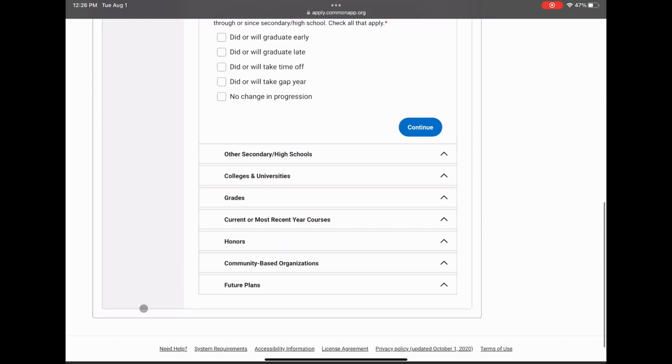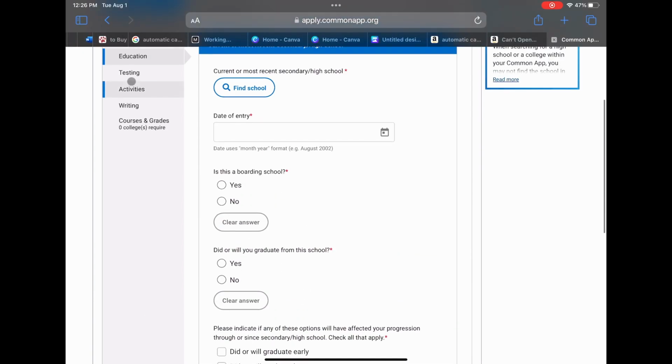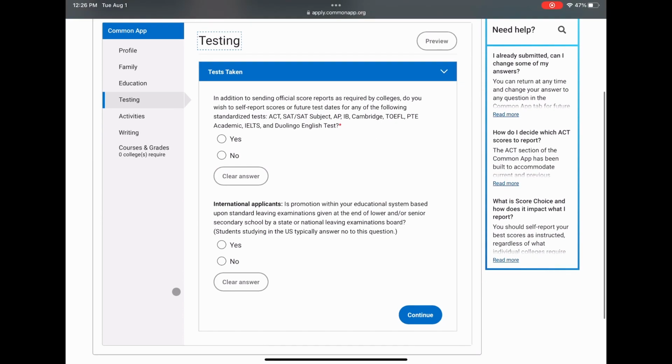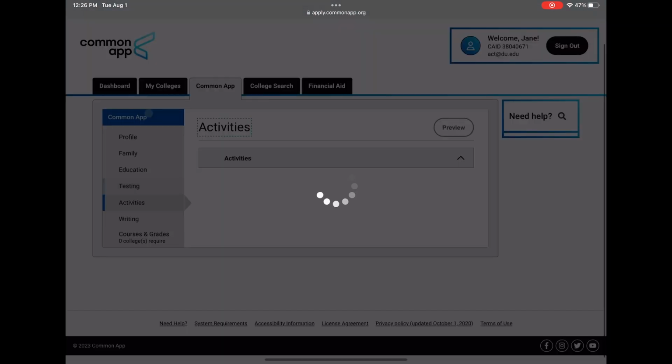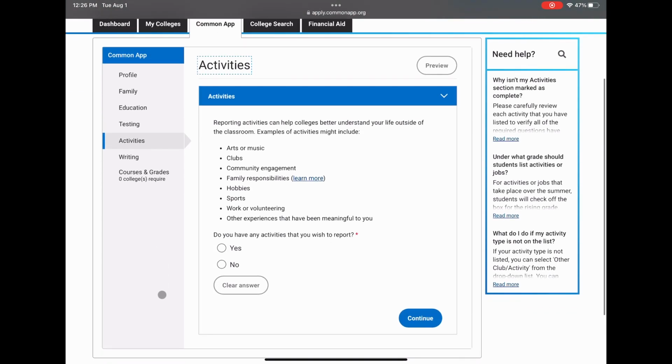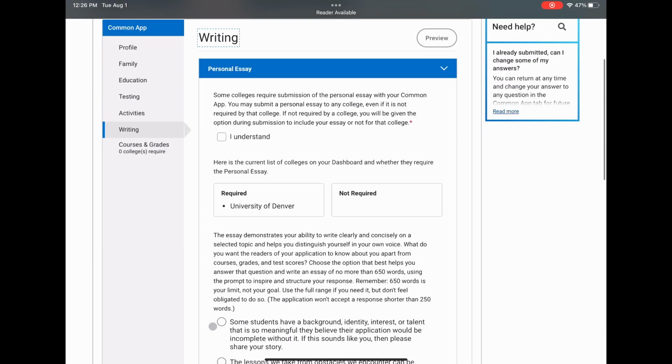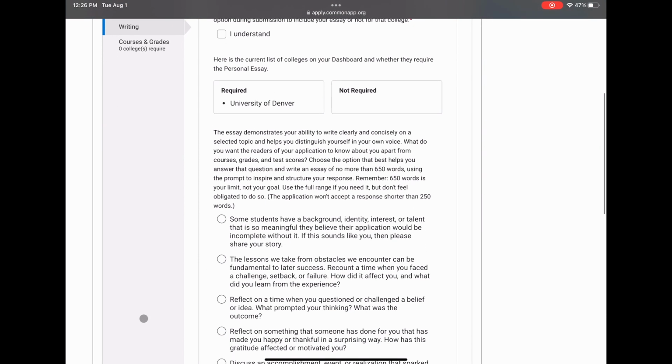The testing section is optional for DU, so if you feel it's representative of you academically, submit them, and if you feel it's not representative of your academic career, then you're welcome to abstain. The activity section, you will need to fill in your clubs and extracurricular activities. Finally, with the writing section, we welcome you to write about anything you feel is important for us to know